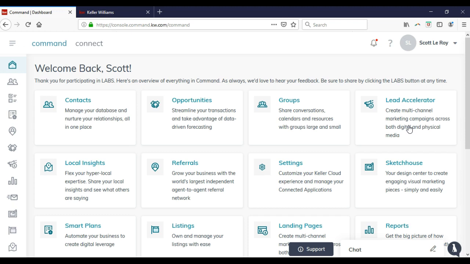All right, so the first thing that we want to do, though, whenever we actually log into our KW Command platform, is we want to make sure that all of our information is set up properly from the get-go. If your information is not set up properly, then it won't auto-populate for you onto all those different marketing pieces. So the first thing you always want to double-check, and you may have already done this, and if you have, fantastic, but we always want to click on our name at the top right up here,